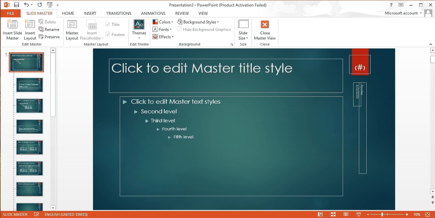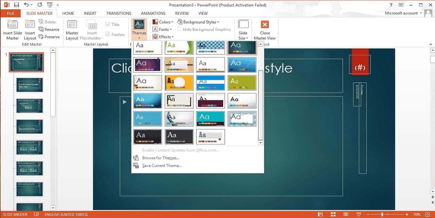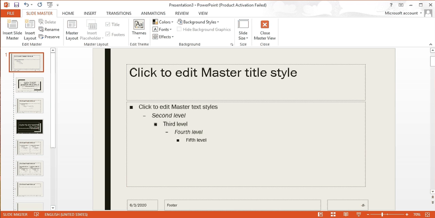Now you can see the theme has totally changed. You can also give any other; you can browse themes from the internet, or if themes are saved in your laptop or PC, you can browse those themes. You can give any other type of theme if you want.